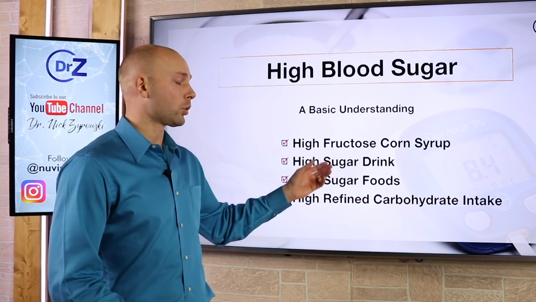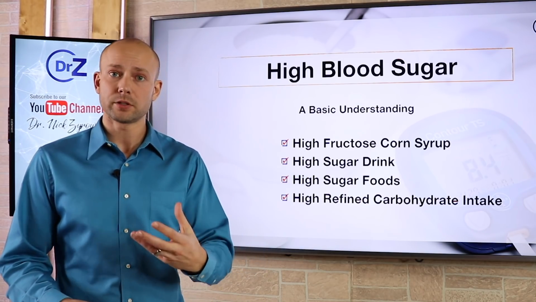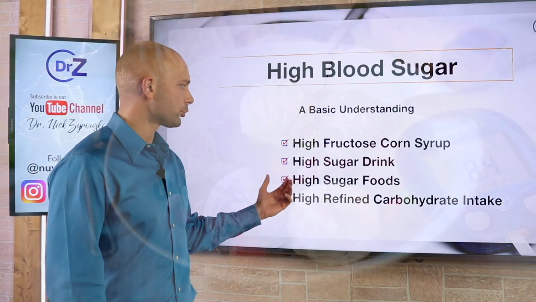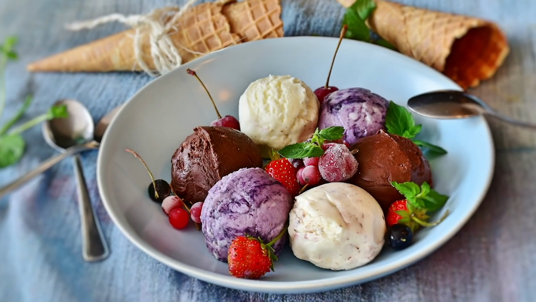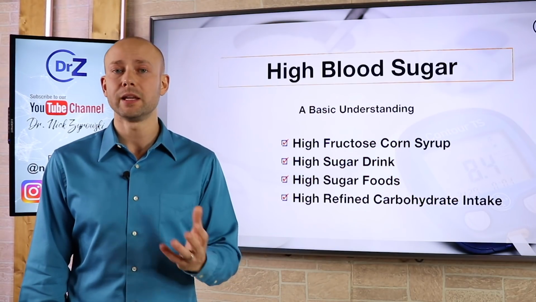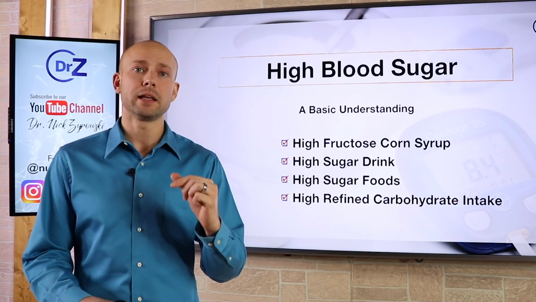And so this high fructose corn syrup is very burdensome on the liver, and it causes fatty liver deposits, or fat deposits in the liver, I should say. And as a result, you're going to get fatty liver. High sugar drinks, high sugar foods are all culprits here. And then of course, a diet that is high in refined carbohydrate intake. Okay, these are all things we've got to cut out, but high blood sugar is something that is causing a